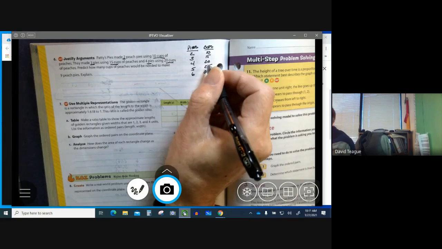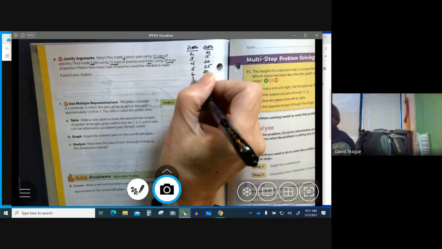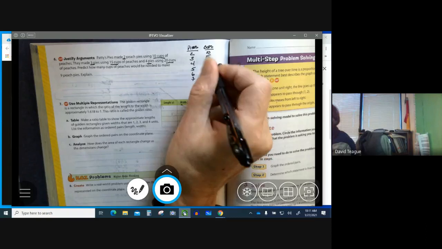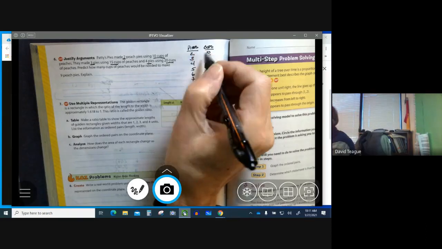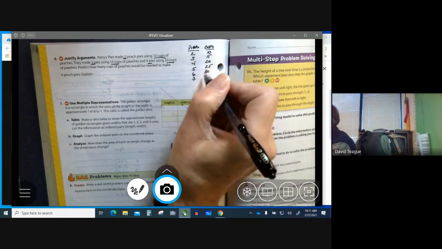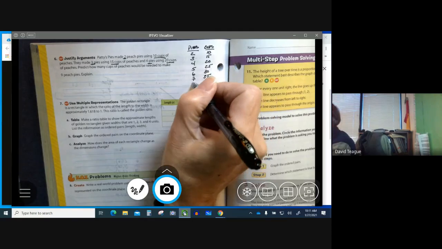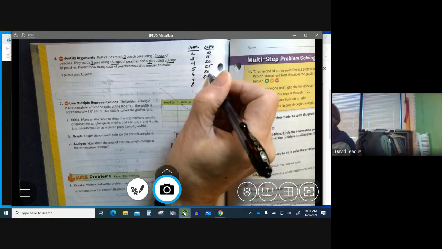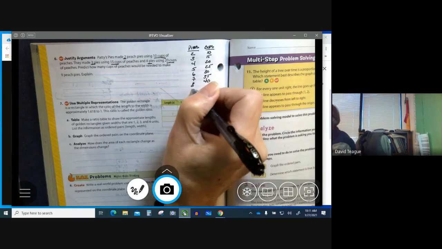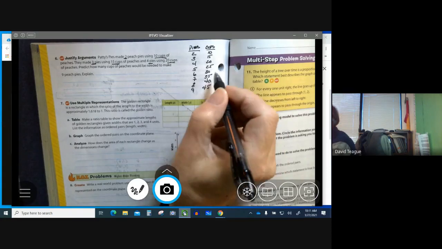Okay, what if I had 7 pies? I would need what? I'd need 5 more because I have to continue this rate. This is my ratio. Okay, this is my relationship of pies to cups of peaches. So that would be 35. What about 8? 8, I'd have to add 5 more, that's 40. And 9 pies, I'd have to add 5 more, so that's 45. Okay, so